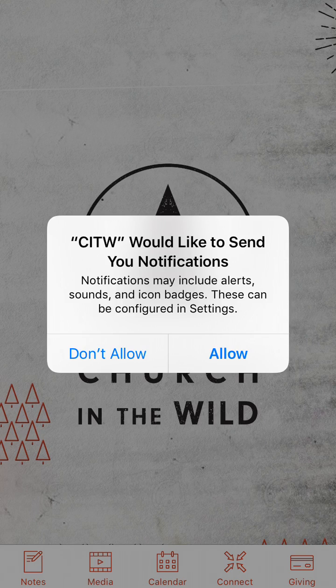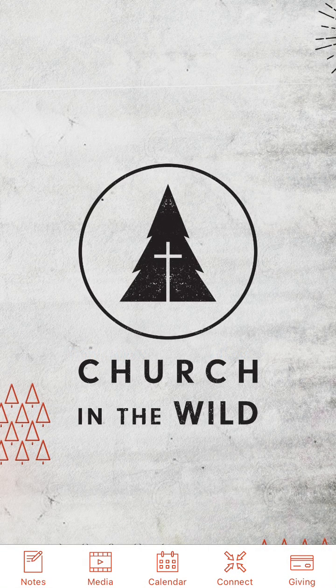On Android, you're automatically going to have notifications set up, like it's going to automatically opt you into getting notifications. But on iOS, it's going to ask you if you want to allow Church in the Wild to send you notifications, and we highly advise you to say yes or to allow, because this is a great way for Church in the Wild to be able to communicate with you. So I'm going to go ahead and press allow, and then I'm going to jump right into the connect section